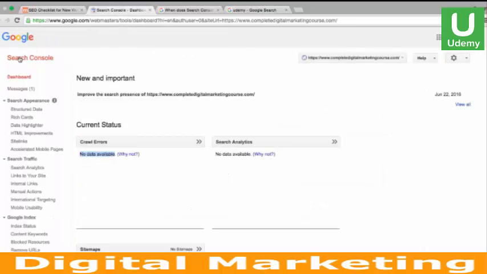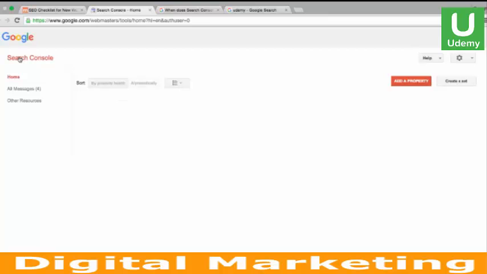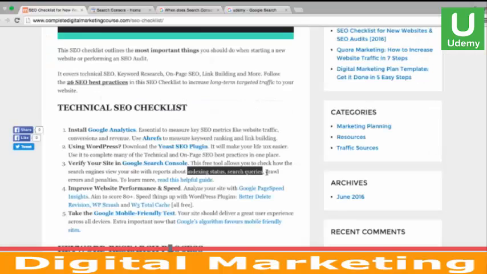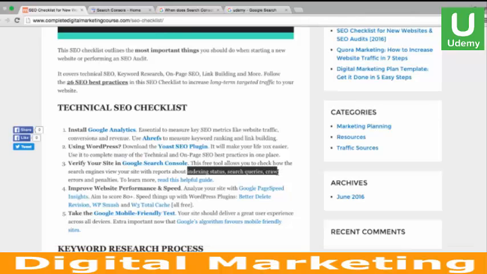The most important thing to do right now is just to get it set up and get it collecting data. And as I've shown you here, you can view reports once that data is collected. So that's it. Verifying your site in Google Search Console is very simple. The next thing we're going to do is really look